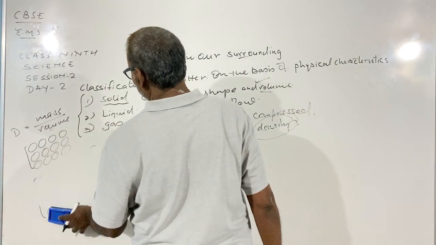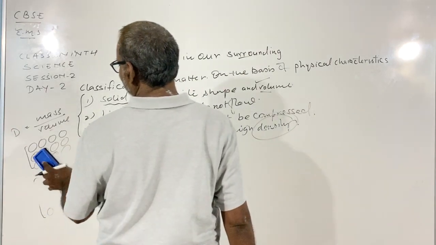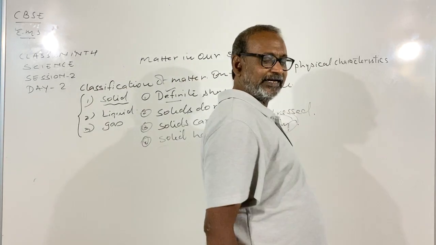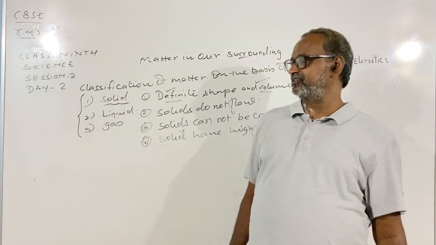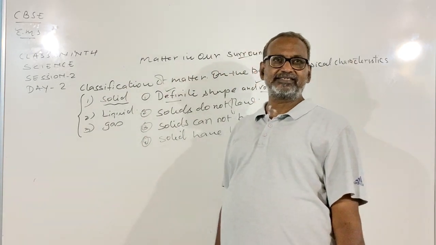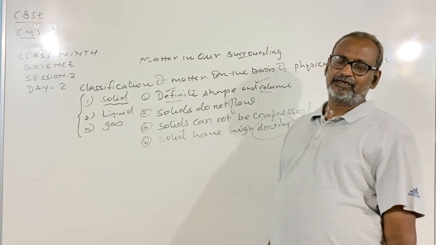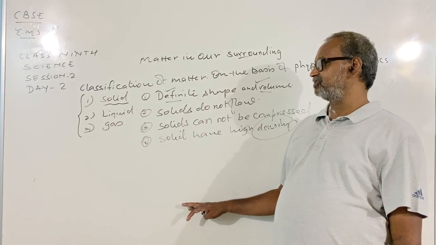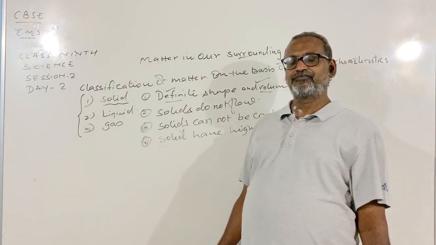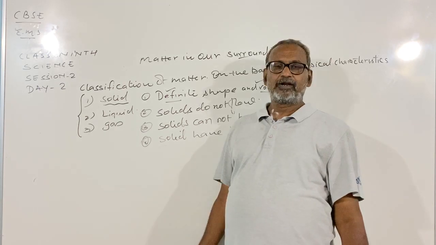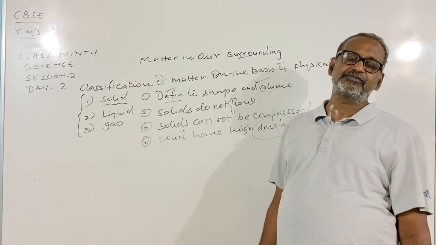Detail is beyond your scope. इससे ज्यादा डिटेल आपको नहीं पढ़नी है, बस इतना समझ लीजिए कि generally a substance in solid state has more density as compared to liquid or gas, but the case of the water is different. Ice, which is solid state of water, has low density as compared to water.